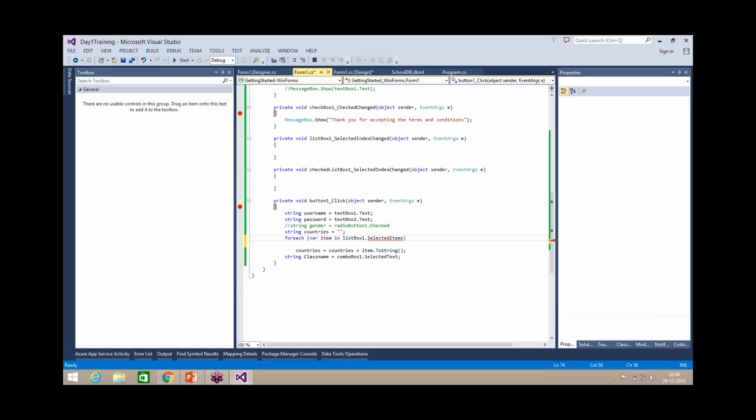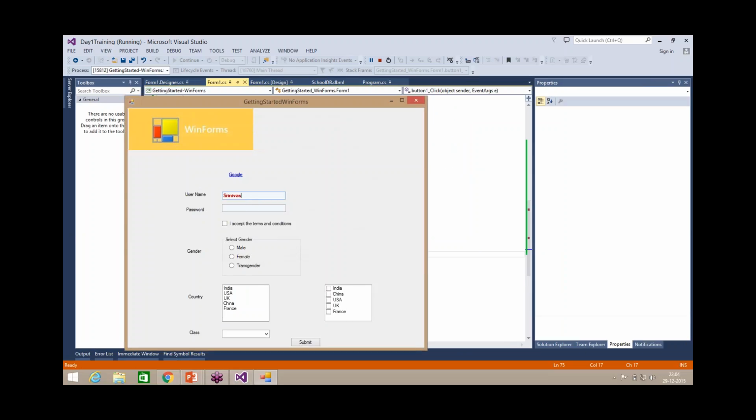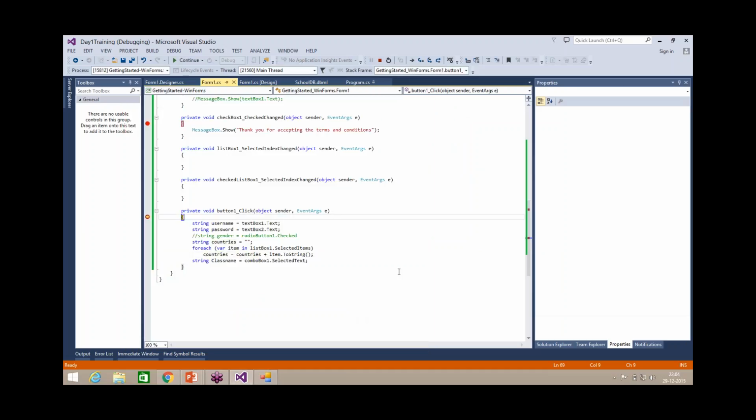Selected items, you can use this method. So it will give whichever items I have added. Then you can see the countries whichever I have selected, it will return all those, and countries you can see India and UK is there, and then the selected text is